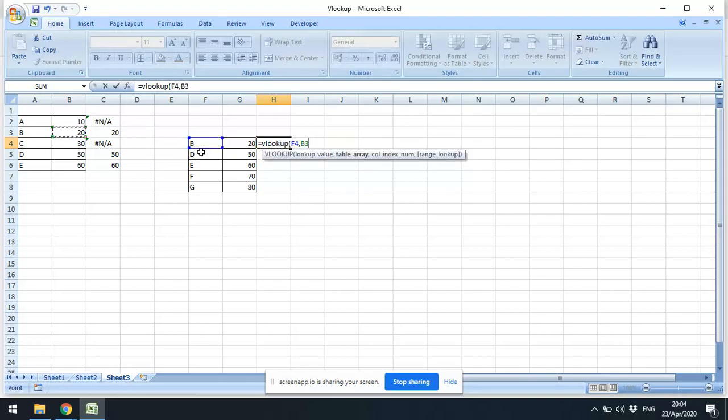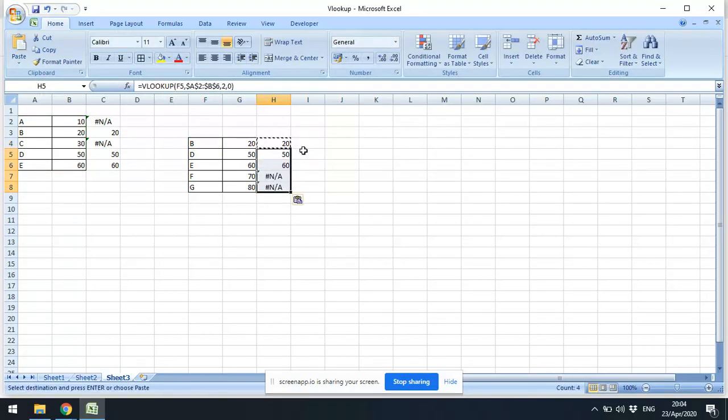Comma, I'll search from this array, 2, comma 0, fix those things and copy paste. As you can see, F and G are the items which are there in the second list but not in the first list, and A and C are the items which are there in the first list but not in the second list. Again, this will be very helpful in certain work.